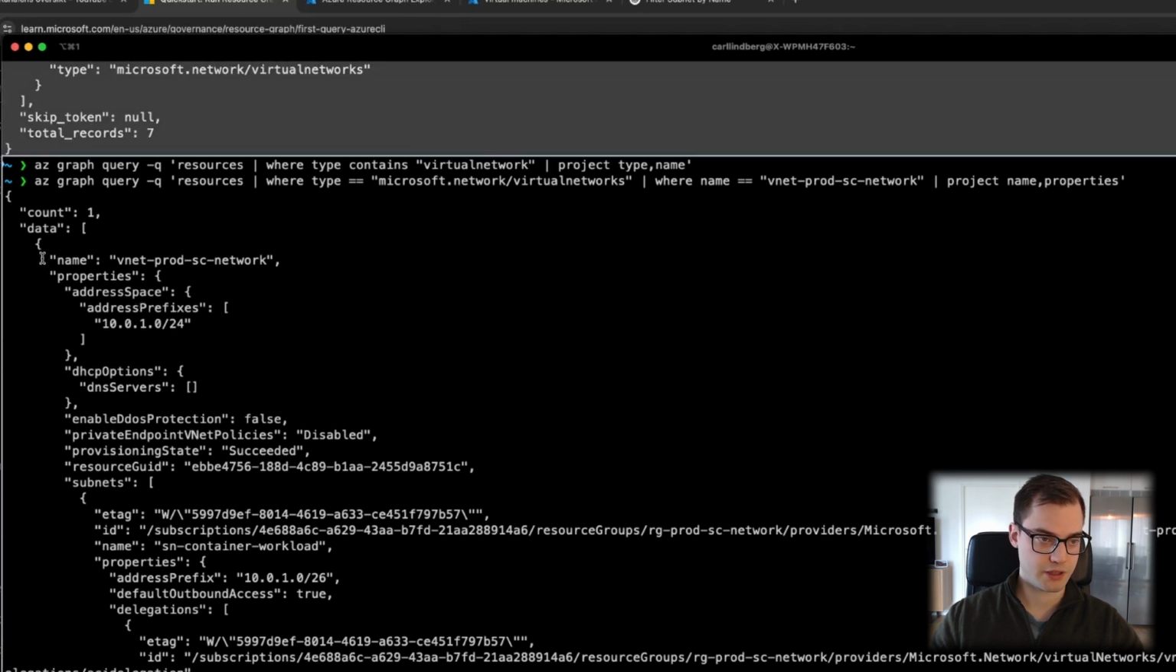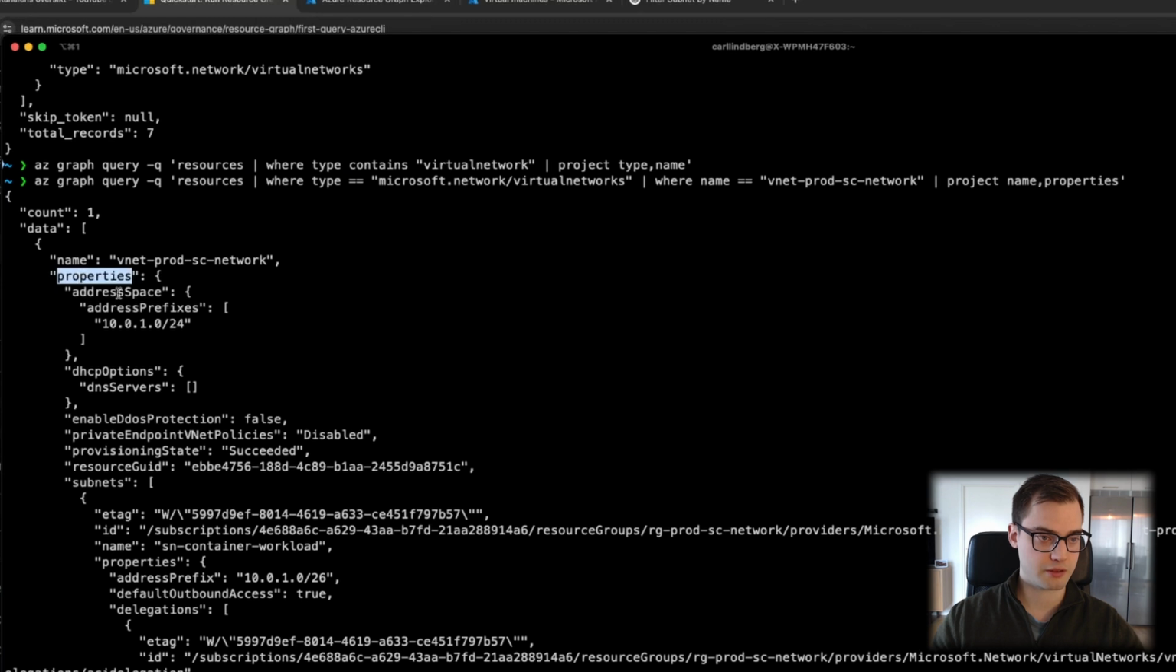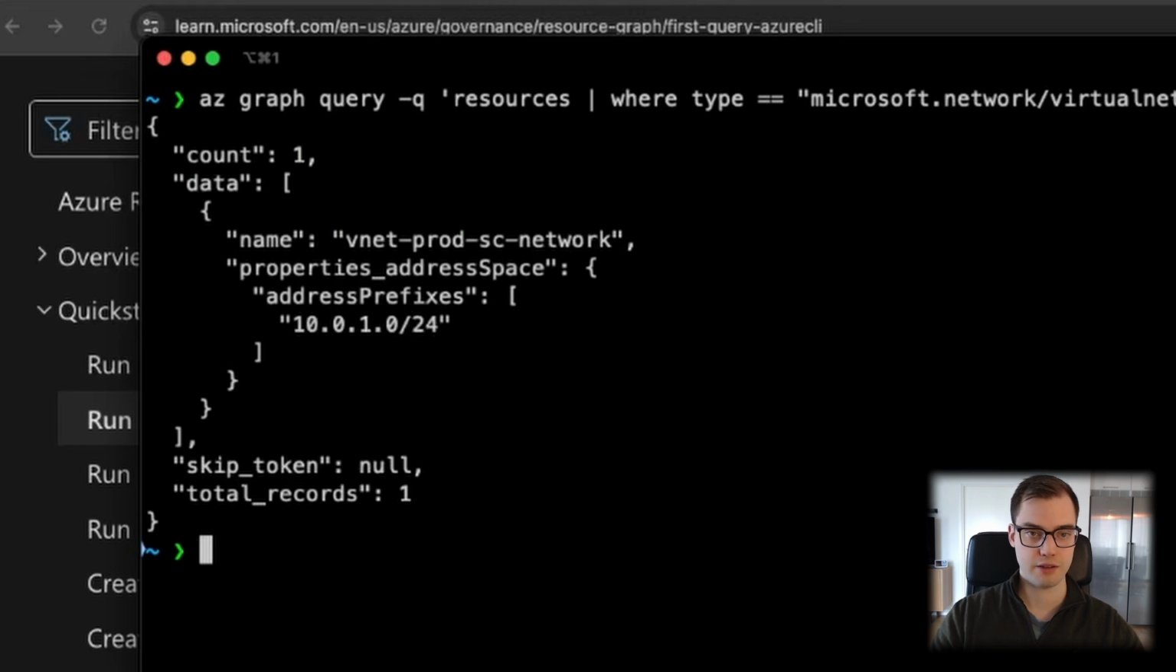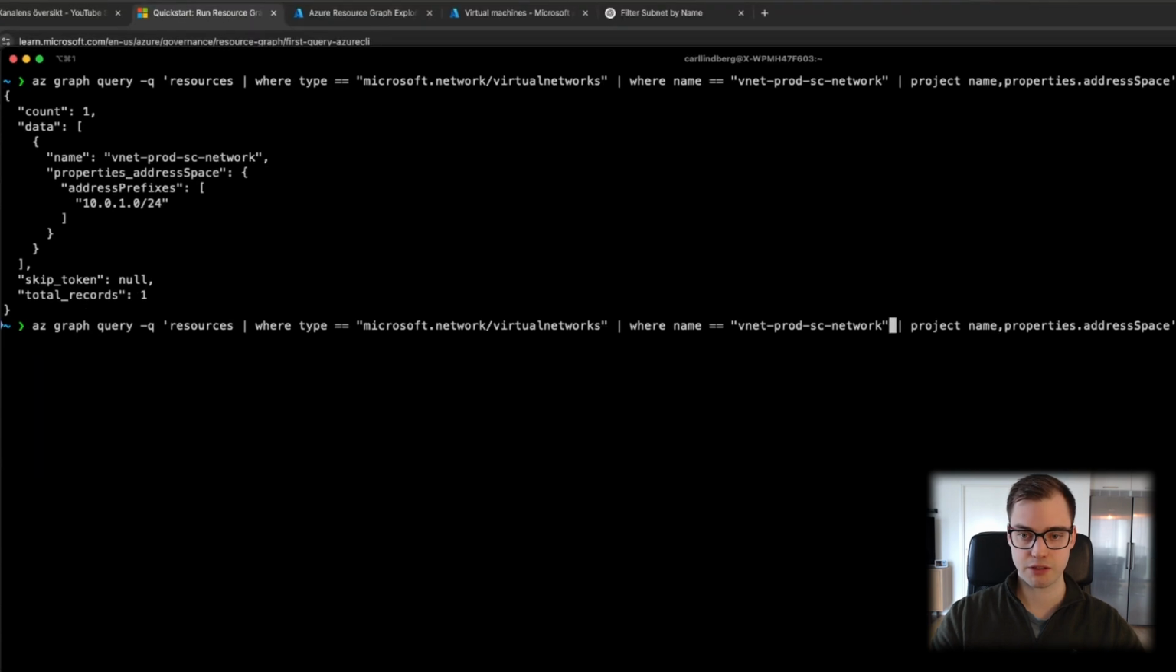So I can see that the name is that, but then in the properties object, we have something called address space. So let's update this to properties address space. And that's much more digestible and pretty good, I would say. So we can actually try and